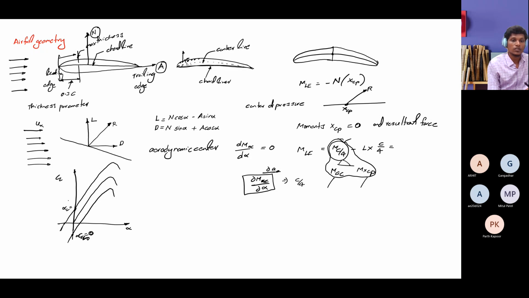This is CL. At zero angle of attack, we are having some amount of lift. That lift is what we call the zero lift, and that value is positive or negative depending on the camber, whether it is a positive camber or negative camber of the airfoil. So it helps to indicate what kind of aerofoil you are using. It's very important. And then you need to understand the pressure distribution on the aerofoil.